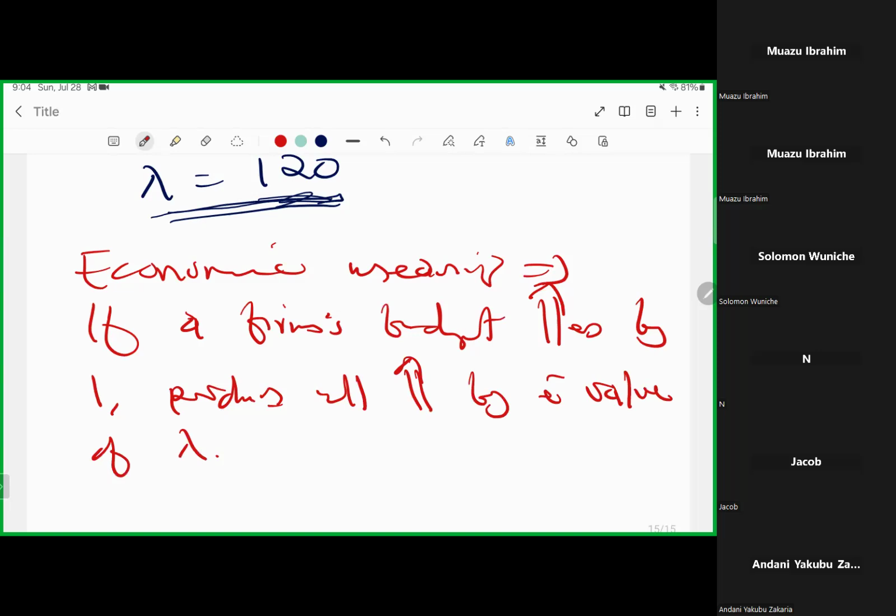So in this case, if Overby's budget increases by 1 cedi, moving it from 105 Ghana cedis to 106 Ghana cedis, Overby's production will increase